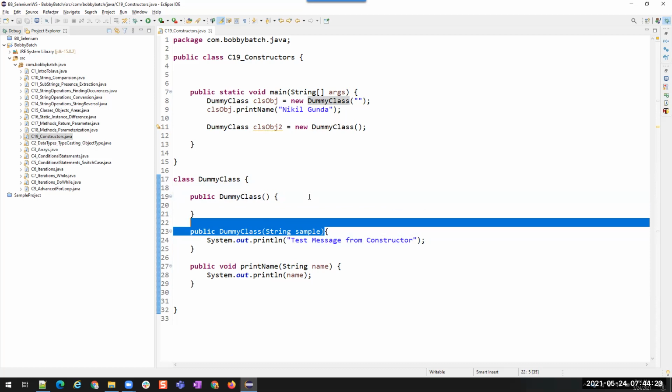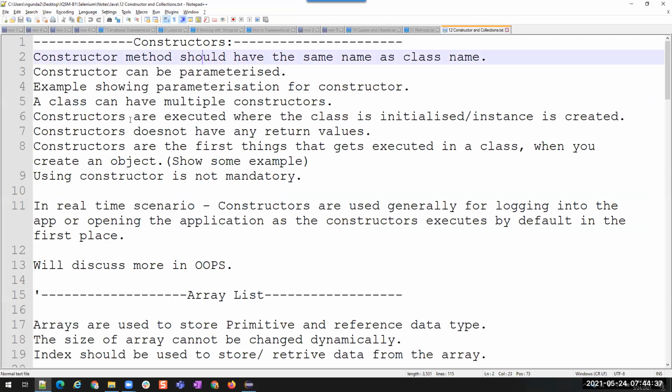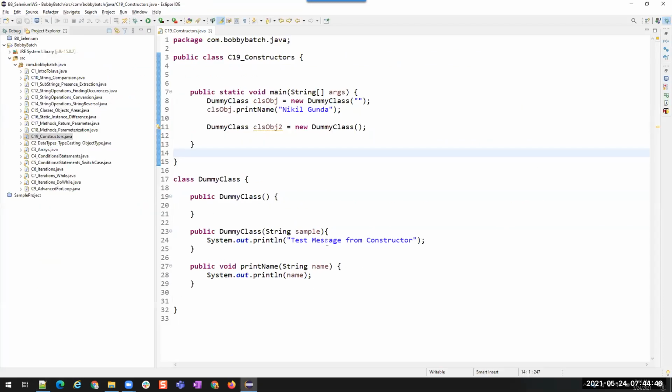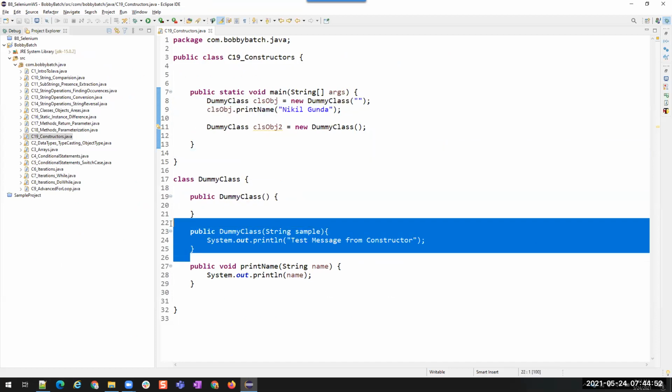Which one will it take, the one with the parameter or without the parameter? It's up to us. We also learned that constructors are executed when the class is initialized or an instance is created. So when you are creating an object for this class, the constructors are going to execute first, right?